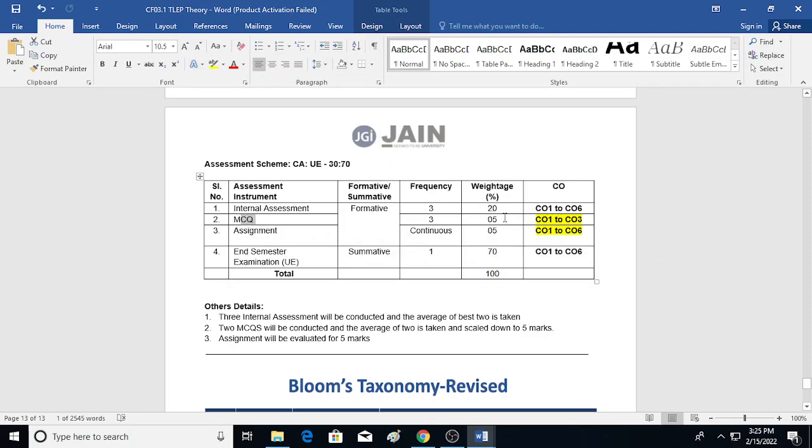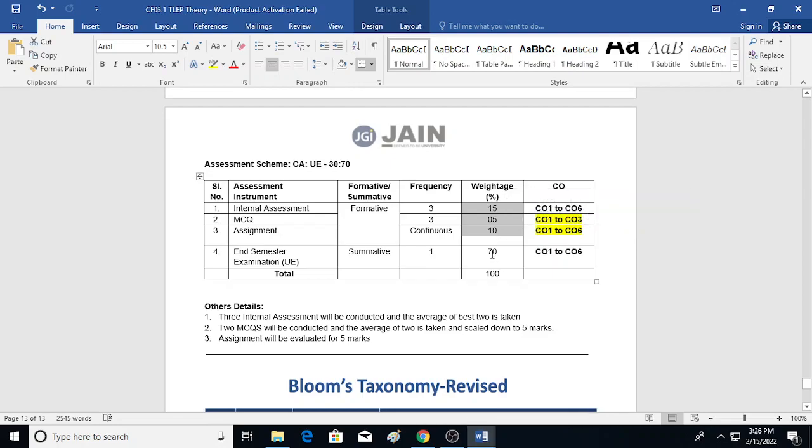MCQ, how much will go? It will go 5 marks. Okay, how much will the assignment be? It may be 5 marks. It may change for different courses and different semesters. It depends upon the programs and the university. Generally it depends upon the university level, because all programs generally follow the same way of evaluation for a particular semester. For example, here we can make the assignment 10 marks, MCQ 5 marks, and internal assessment 15 marks. That was possible. In this way also 30 marks will be there for internal assessment. So this is still valid by this method also.